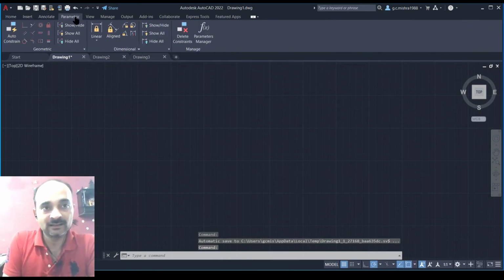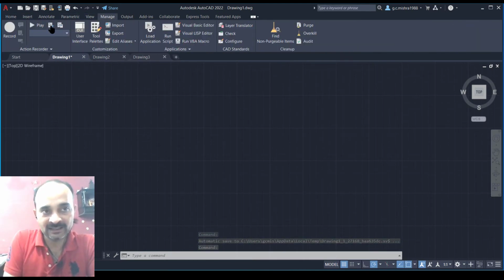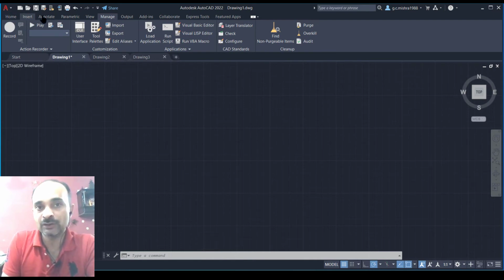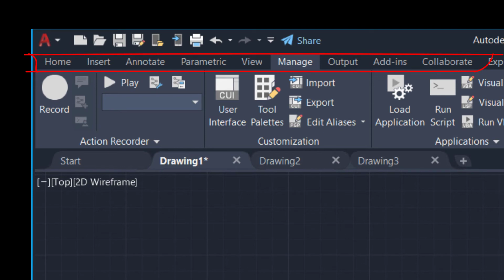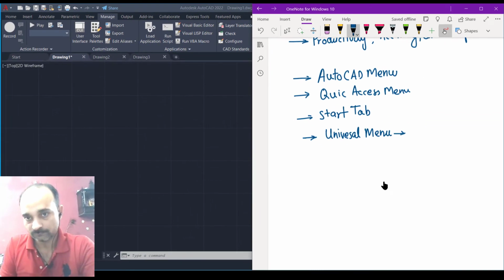Just after this, we get a second line below the application menu. That line shows insert, annotate, parametric, view, manage, etc. It means this strip, which shows you different types of commands, is called the universal menu.